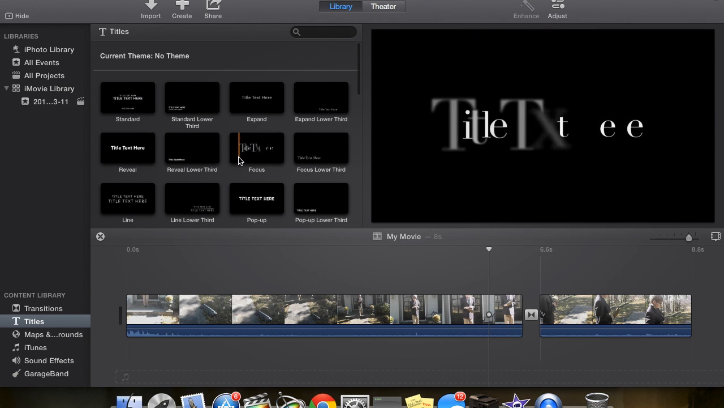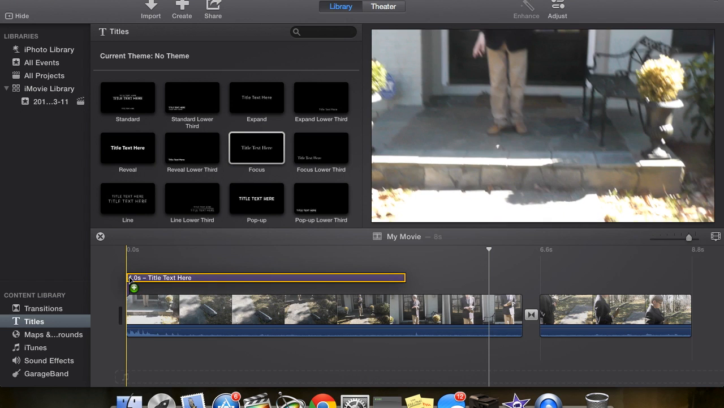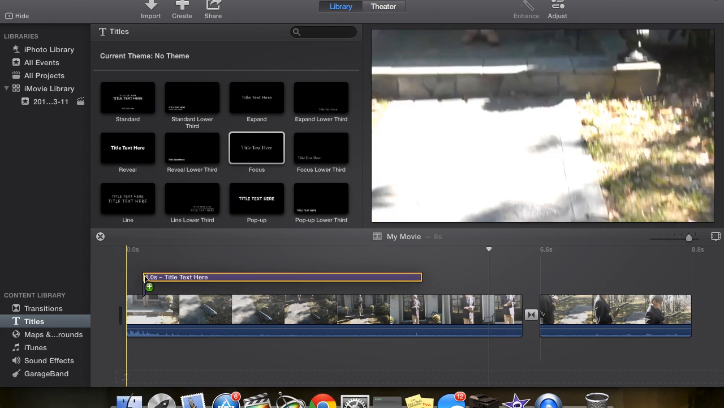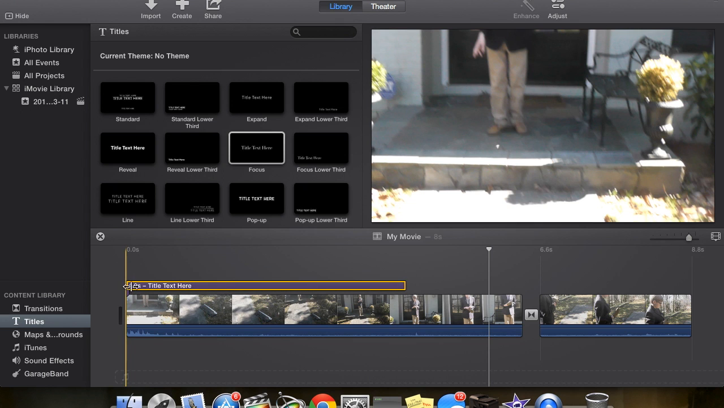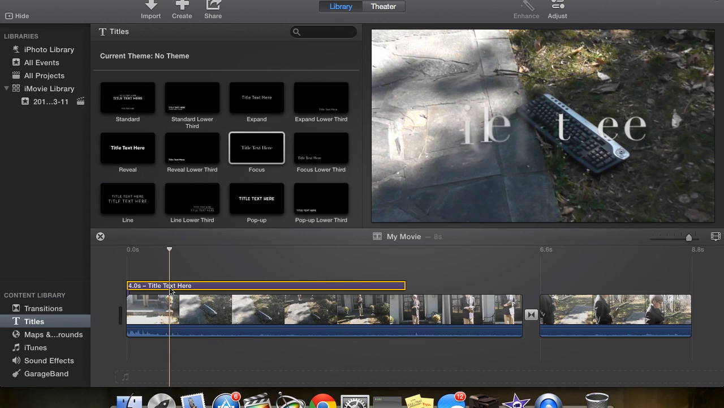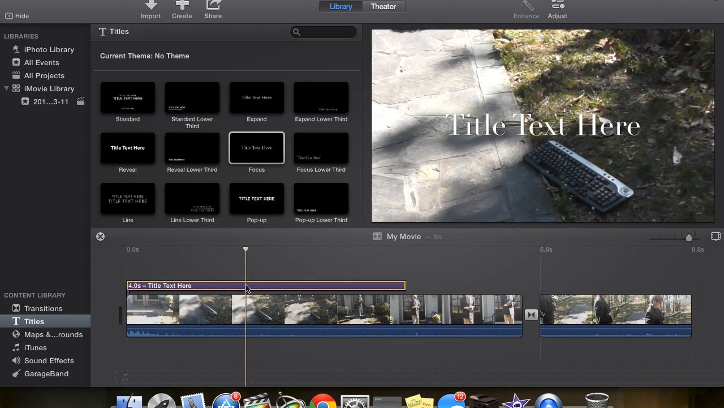So let's say I want one that focuses like this. This one's pretty cool. So I'm gonna go ahead and click it, and wherever you want it in your video, you probably just want it at the very beginning. So go ahead and drop it right there. It'll tell you how many seconds this is. So it's 4.0 seconds, and I haven't put anything yet, so it says title text here. So you're gonna go ahead and double click on it,